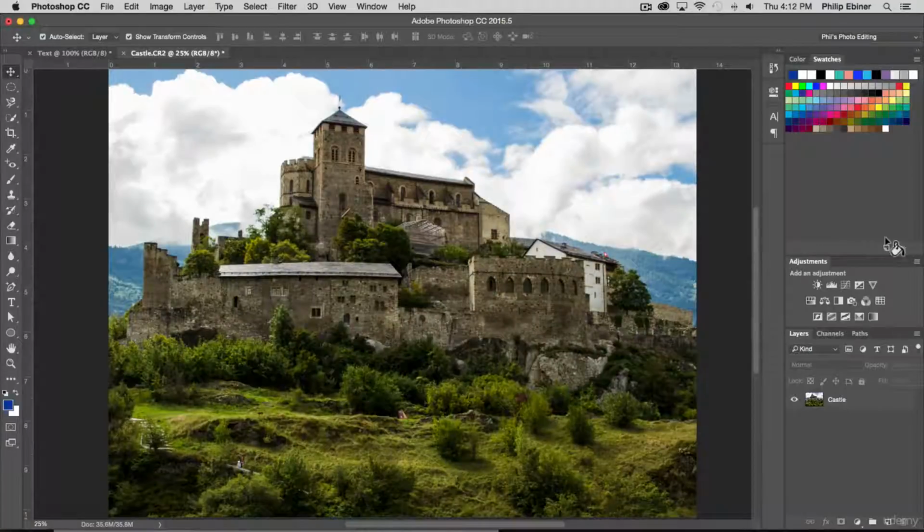In this tutorial, we're going to learn about the filter gallery in Photoshop. The filter gallery is a fun place to add some creative filters to your photo. So I opened up this castle image. Go ahead and open up that castle image in Photoshop. You can see that I had added a bit of saturation, contrast, and clarity from a previous lesson, and I'm